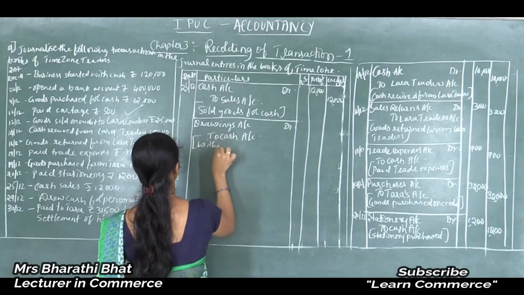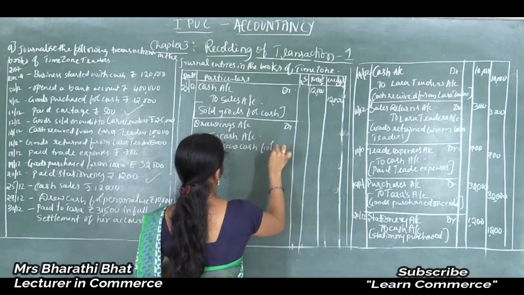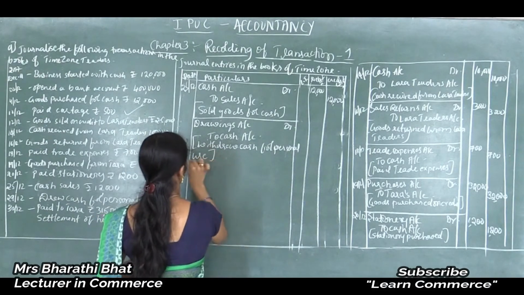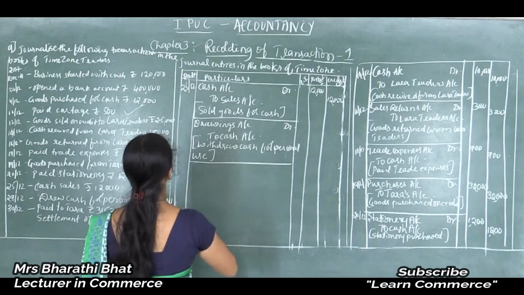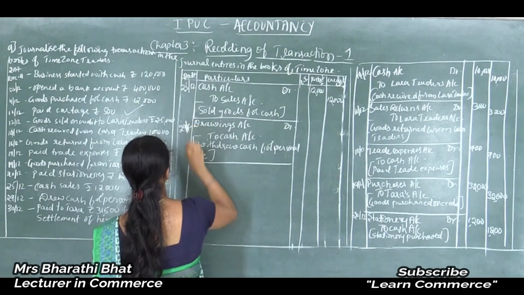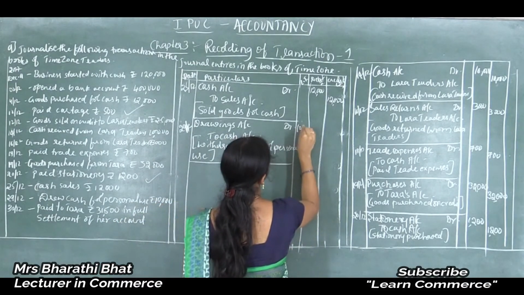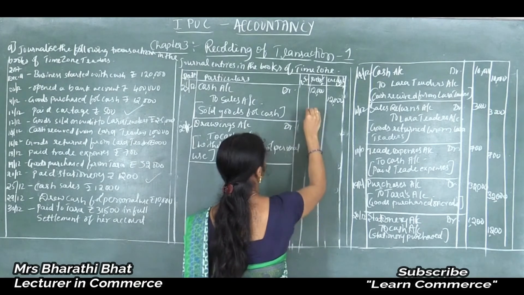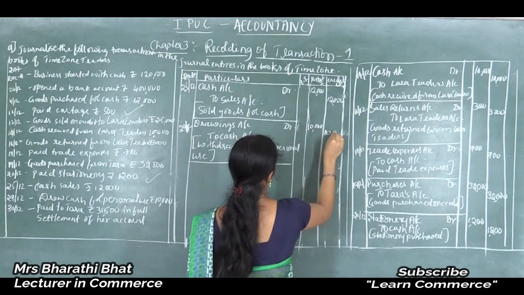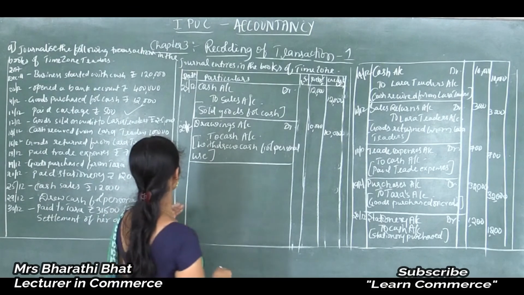Withdrew cash for personal use. 29/12, 10,000 and 10,000. Okay, and the next one is